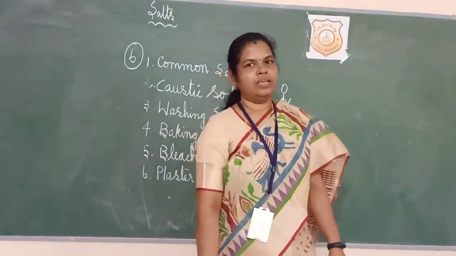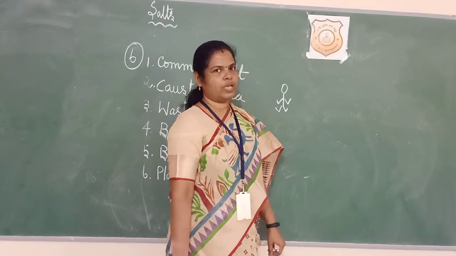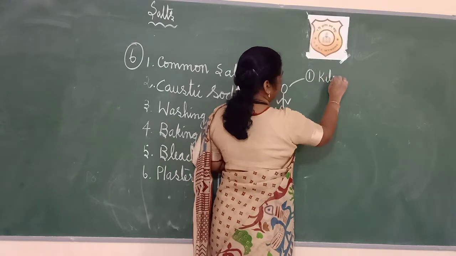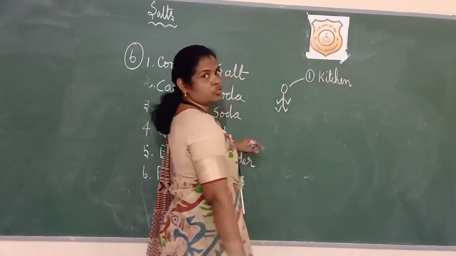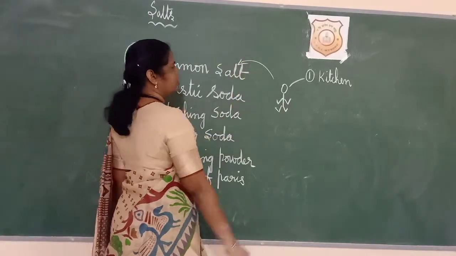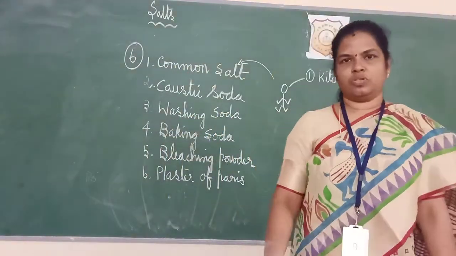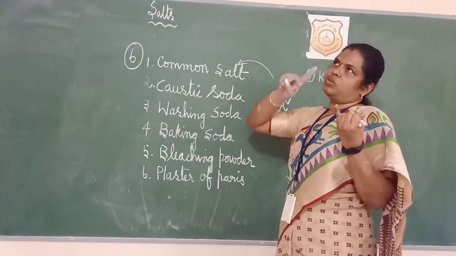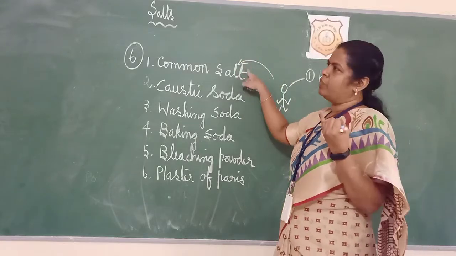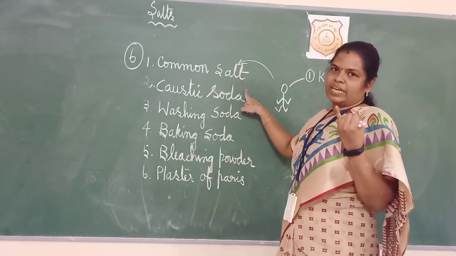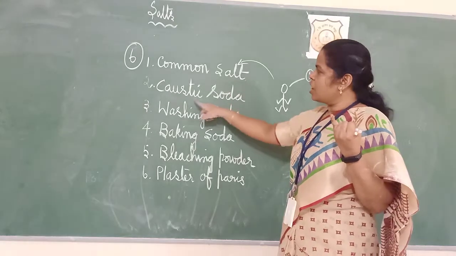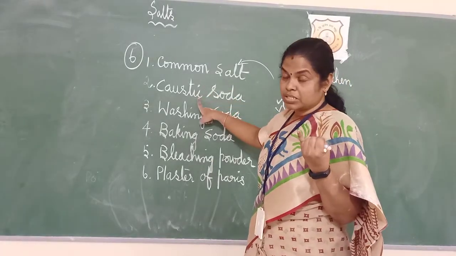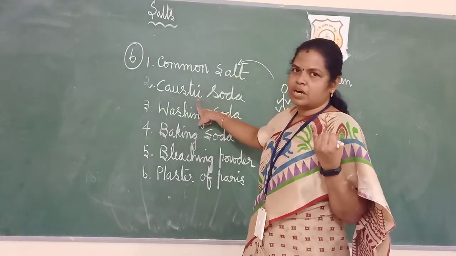One child is coming. I am giving one gooseberry to this child. Okay. Immediately this child is going to the kitchen, to search for a salt bottle. Many bottles will be kept. So the child is running to the kitchen to get a salt bottle. Common salt. Okay. So you think the child is going to the kitchen getting common salt. The child is wearing a costly dress. Okay. So caustic soda. Common salt. Then caustic soda. The cost of the dress is very high. So we can keep it as caustic soda.